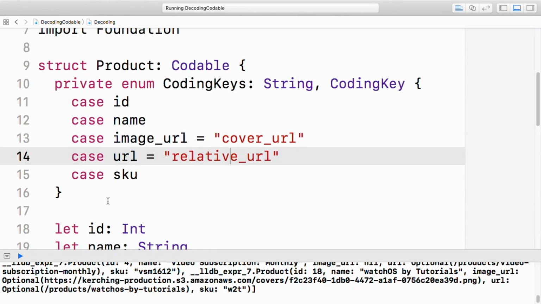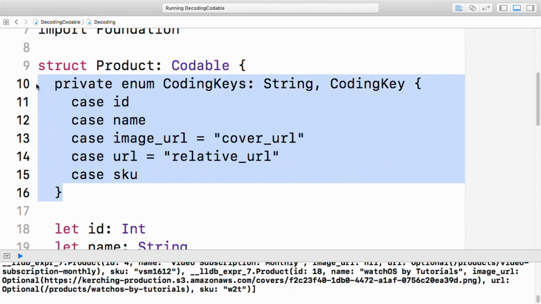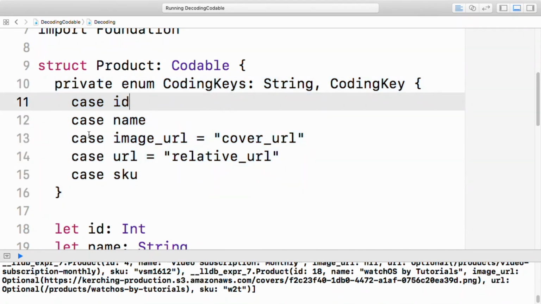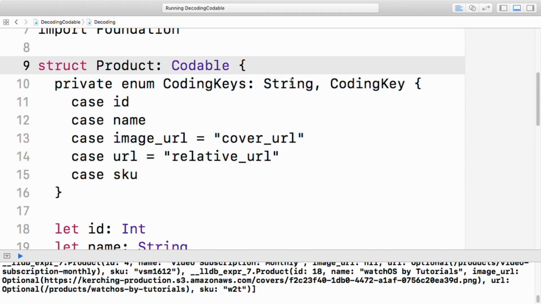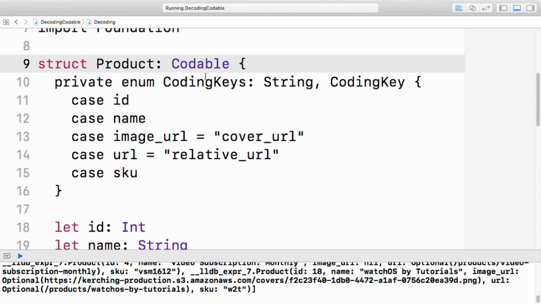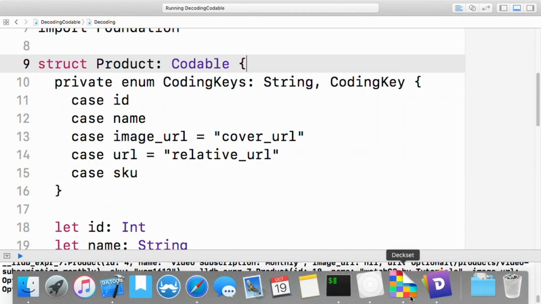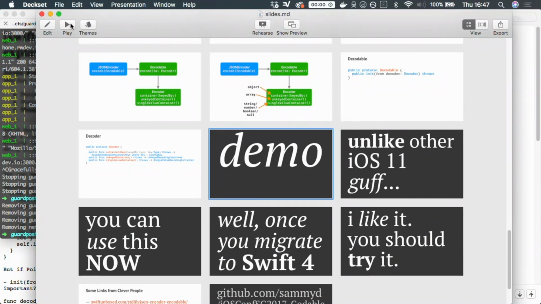I can do that because one of the things the Swift compiler generates is this coding keys thing. I can create my own, and that allows me to specify that image URL is actually called cover URL, and URL is relative URL. So this is one of the three things that the Swift compiler generates that I'm going to generate instead, and I can override the name of the keys. Really quite easy to do. It is just an enum that takes a type string, and it has to adopt the CodingKey protocol. So I think that's quite a useful thing. And with that,